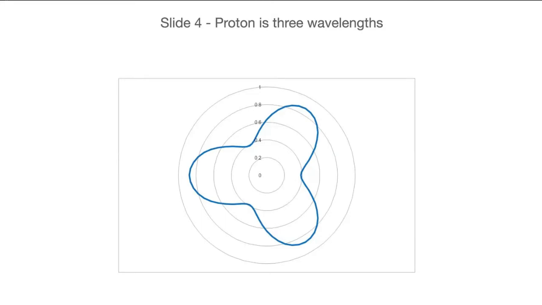And using E equals hf, where h is Planck's constant, we can work out the frequency. And the frequency directly gives us the wavelength, because the frequency times the wavelength is equal to the speed of light. So now we've got a characteristic wavelength for the proton,